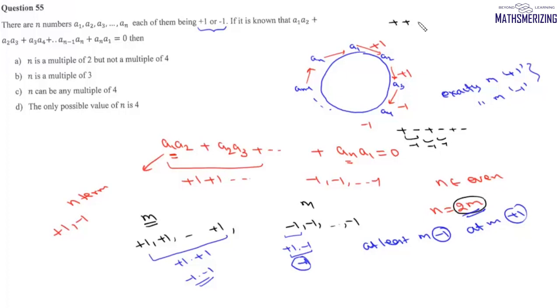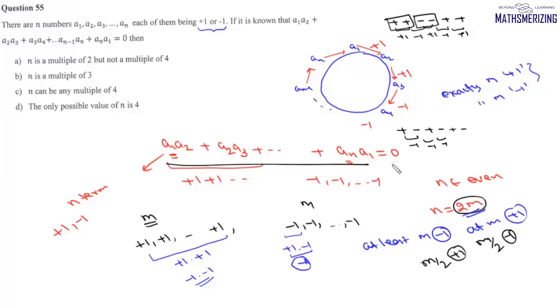Suppose for example we have plus plus minus minus plus plus. Now plus into plus is plus 1, plus into minus is minus 1, minus into minus is plus 1, minus into plus is minus 1. So we get this alternate plus minus which will eventually get cancelled. So we'll pair two positive signs together and two negative signs together. Only then is it possible to cancel out plus terms with minus terms. So for the m positives and the m negatives, there should be m by 2 pairs of plus 1s and m by 2 pairs of minus 1s. Only then will this sum result in 0.